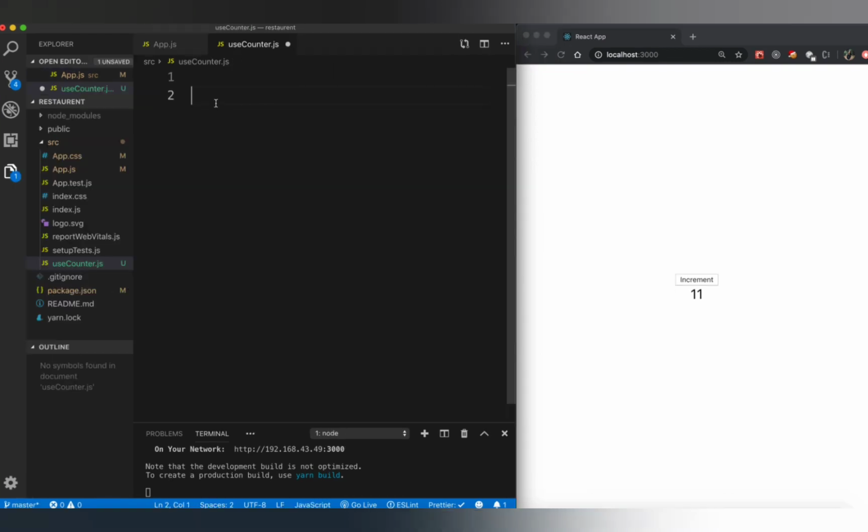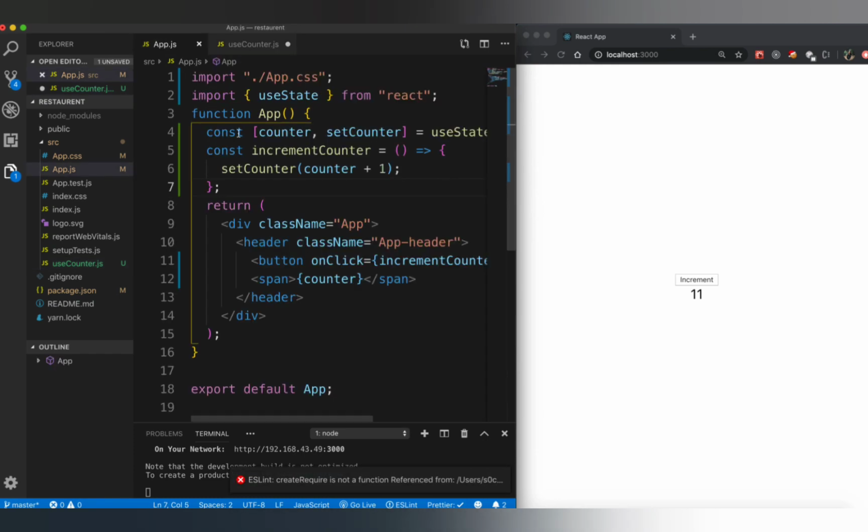In here all we need to do is define a function which is basically going to contain all of our logic along with the React hook. I'm going to say const useCounter. This is the hook that we want to create. This will be our custom hook, and this is basically just like a normal arrow function, and all of our logic, whatever we have in app.js, we can basically copy paste it to our useCounter hook.